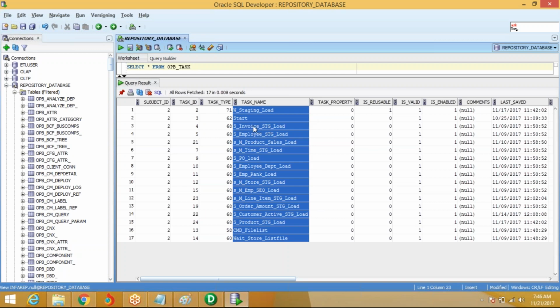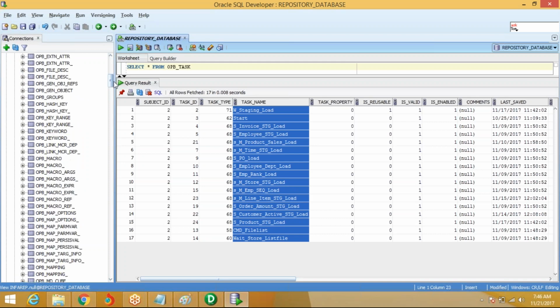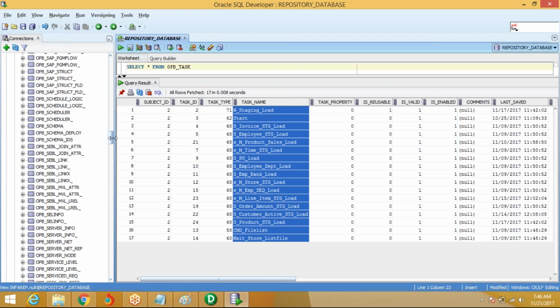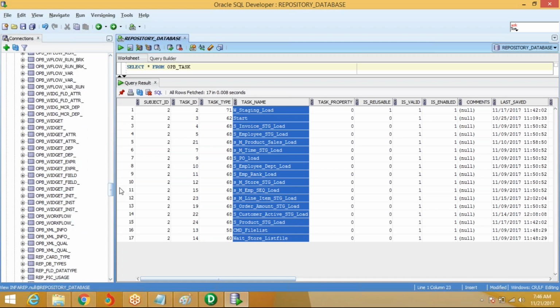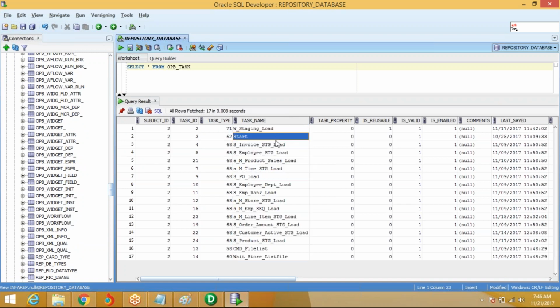Okay, now you can see here within each table a separate set of data is present, and likewise you have 512 tables and views present in the Infa Rep schema, which stores different information. So this is what you call metadata. The names of your mappings, sources, targets, folders, everything is what you call metadata, and this metadata is basically stored within the